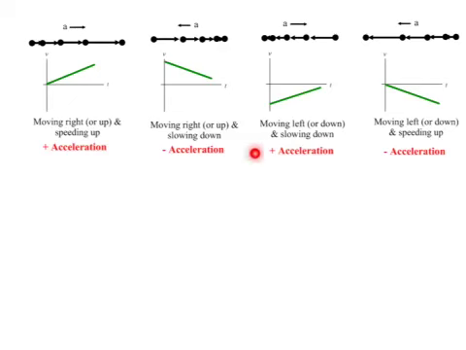Then we've got these two graphs here. These show what you don't really expect. What we have here is an object moving to the left, or it's moving down, so it's moving in the negative direction and slowing down. When it's moving in the negative direction, our VT graph is below the x-axis. So we know that that's negative direction. If it's slowing down, it's a positive slope. Okay? So what we end up with